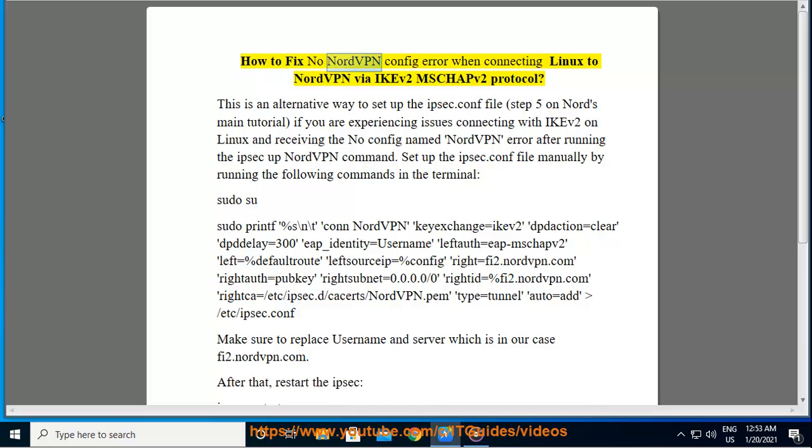How to fix the "no config named NordVPN" error when connecting Linux to NordVPN via the IKEv2 MSCHAPv2 protocol. This is an alternative way to set up the ipsec.conf file, step 5 of Nord's main tutorial. If you are experiencing issues connecting with IKEv2 on Linux and receiving the "no config named NordVPN" error after running